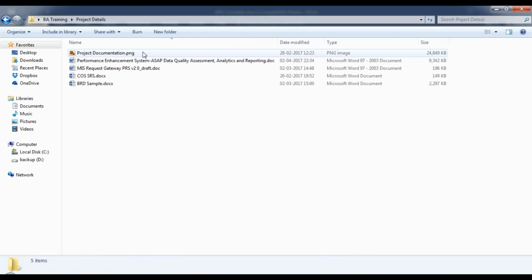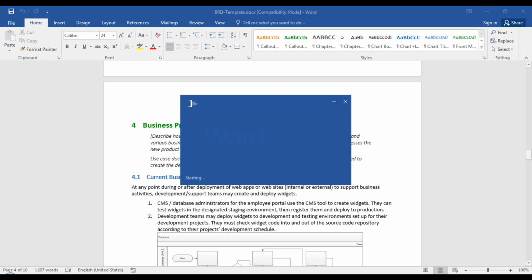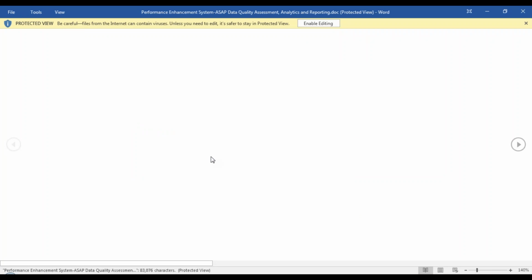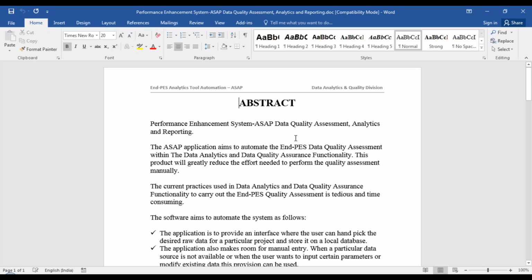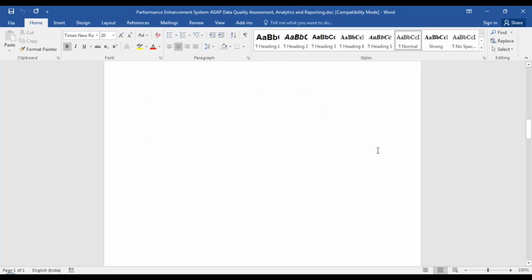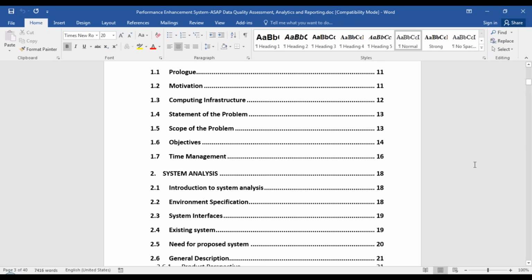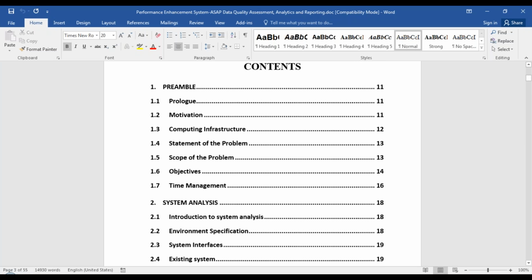So here are sample projects. Here is one such project wherein we will be working on a product or software that's created for performance enhancement, system assessment of software automation process.